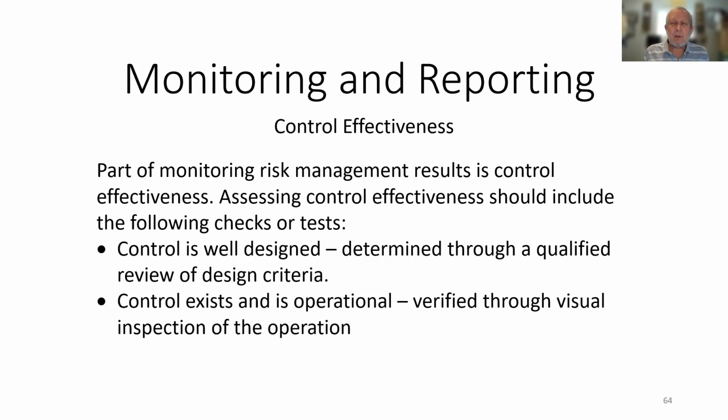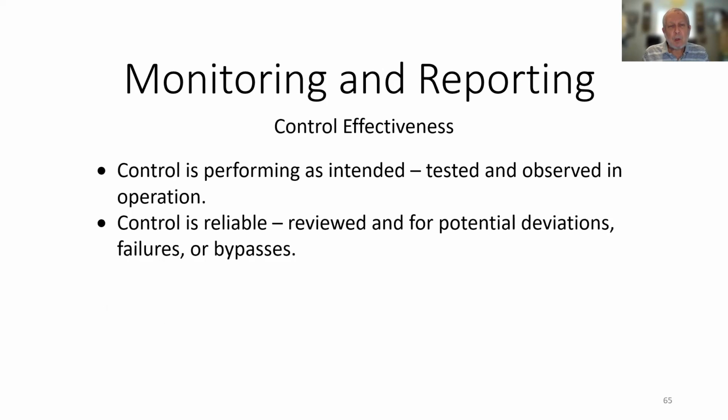And this is a good idea to do every once in a while. A piece of equipment with some controls on it, whether they're light curtains or e-stops or something like that. You ought to try them sometimes and make sure they work. Test them. You ought to be tested on a regular basis. Control is performing as intended, tested and observed in operation. Control is reliable, reviewed for potential deviations, failures, or bypasses. In other words, it has to be working all the time, and it's performed as tested. That's where it's easier with an engineering control to do that than it is with an